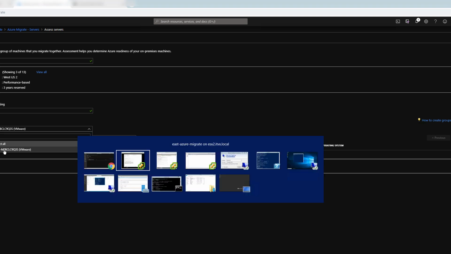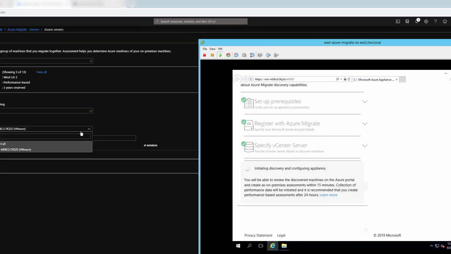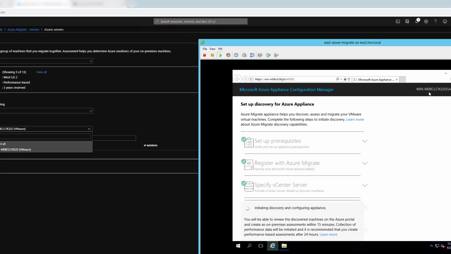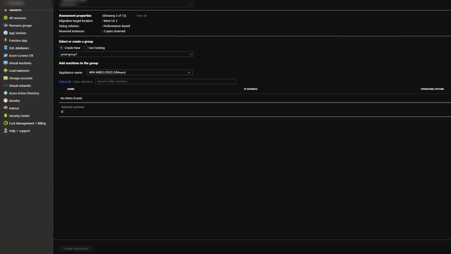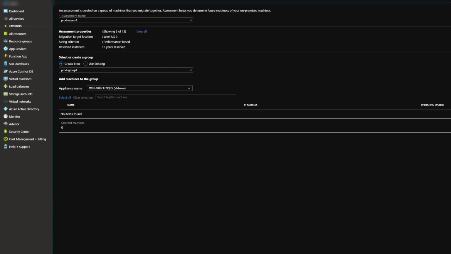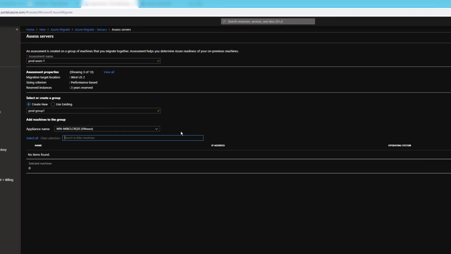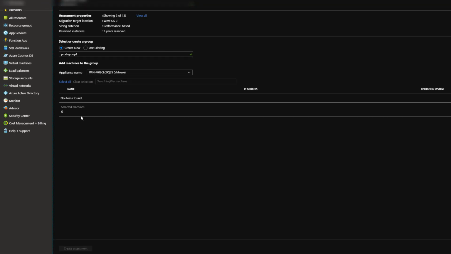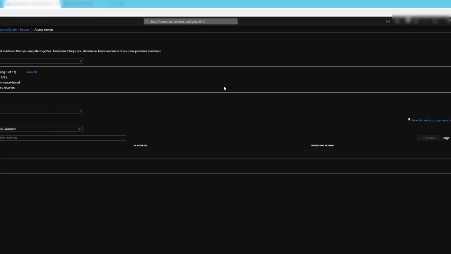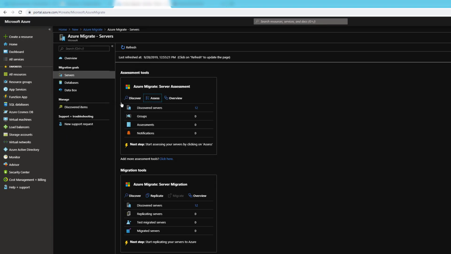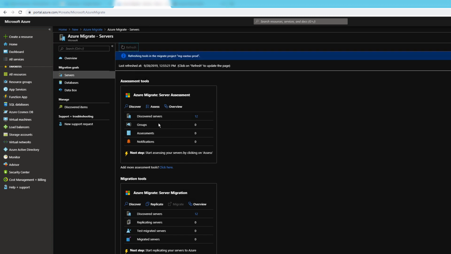If you go to appliance name, this is M0BCL, so that's the one we have. It still does not have those machines here, so I'm going to wait a little bit more before we can actually create